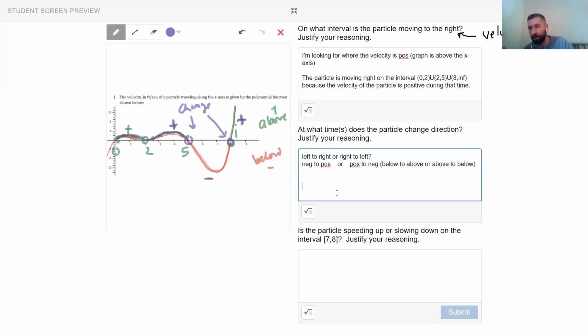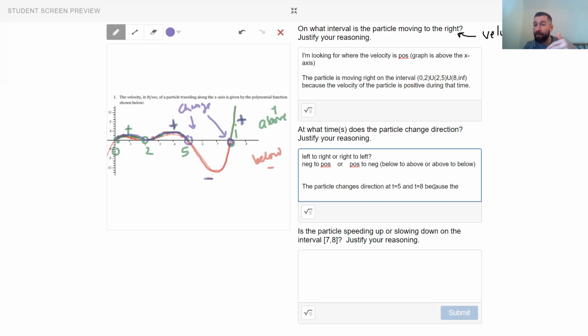And so we're not using an interval here because it's not changing direction from here to here. It's actually changing at an exact moment in time. That moment in time would be t equals 5 and t equals 8. And we know this, so we can actually now build a full sentence. The particle changes direction at t equals 5 and t equals 8